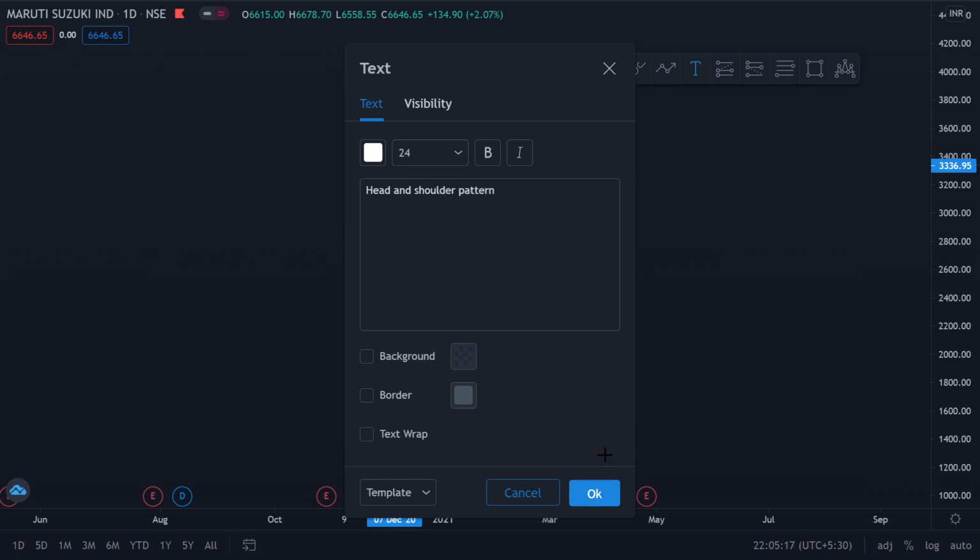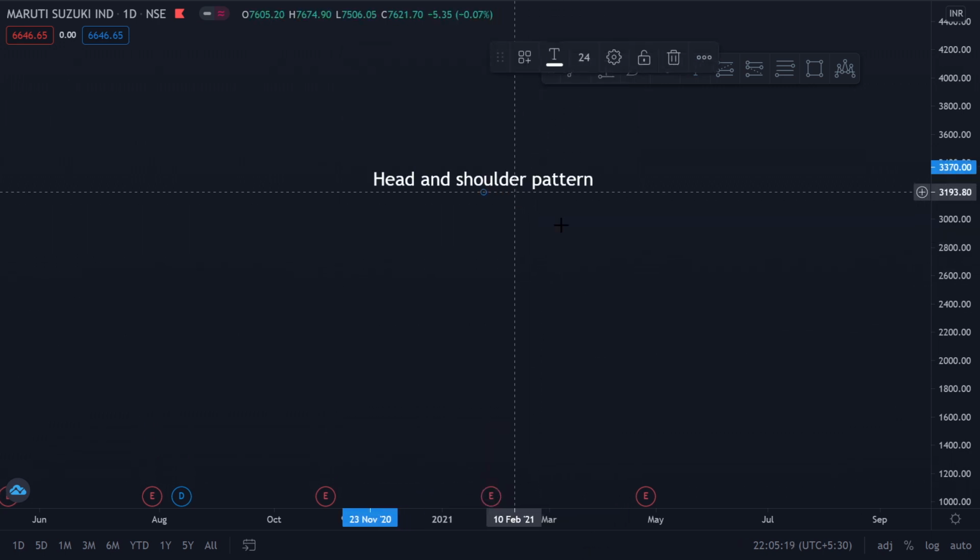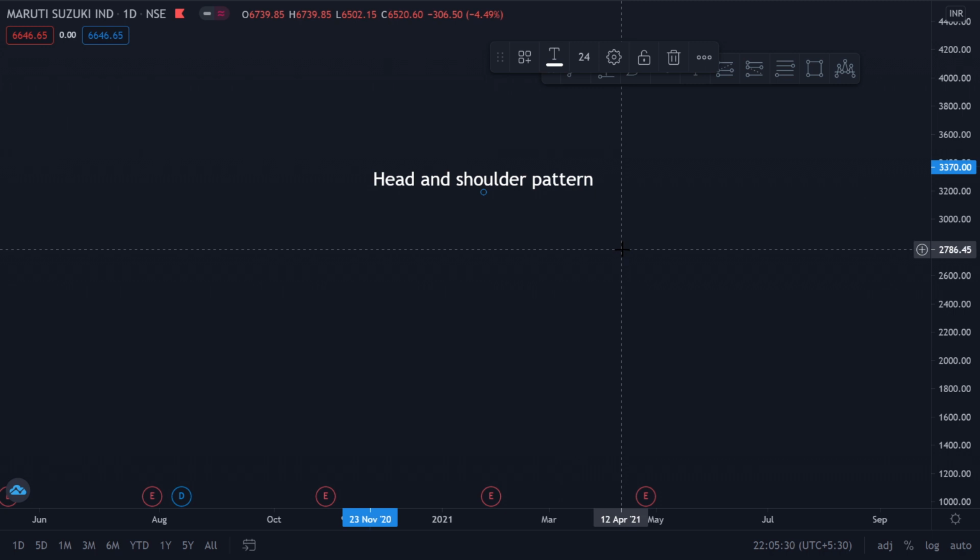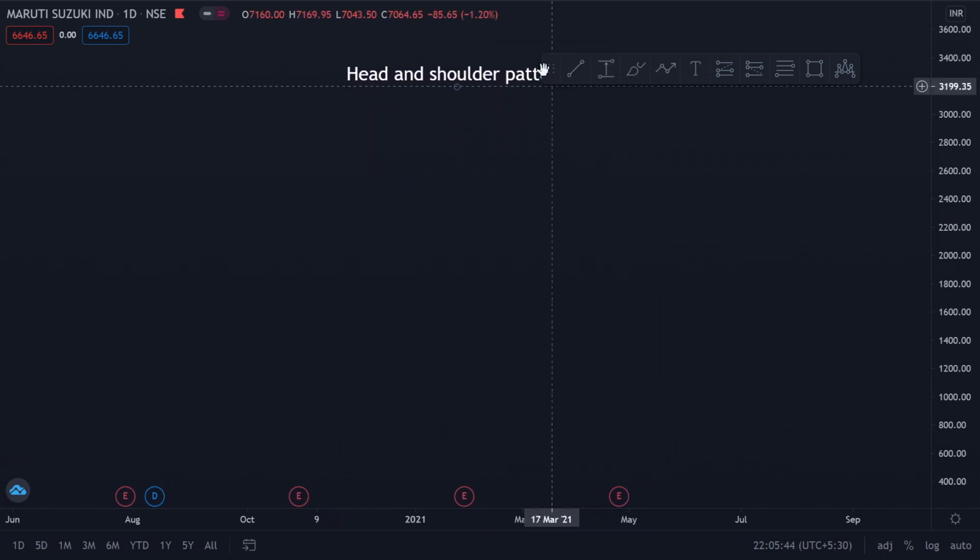So you guys would have already known this. Today we'll be looking into this pattern, going in depth about why it works in the markets, how to trade it, and how to improve your accuracy while trading a pattern which is already very accurate. We'll also look at some psychology points from the buyers' and sellers' perspectives and how these structures are formed in the markets. So first, let us look at what a head and shoulders pattern is.